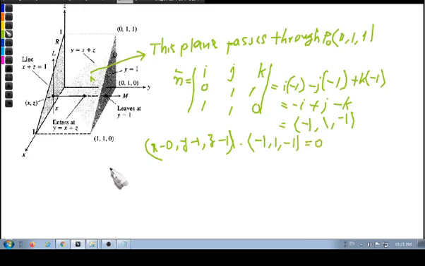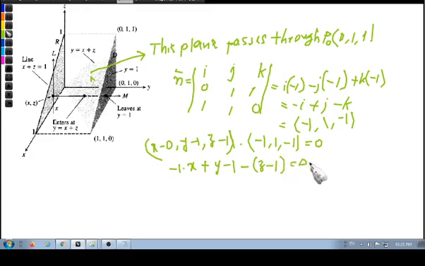So if you simplify this, what will I get? (x minus 0) into minus 1, that means minus 1 into x, plus 1 into (y minus 1), that means y minus 1, plus minus 1 into (z minus 1). So minus of (z minus 1)